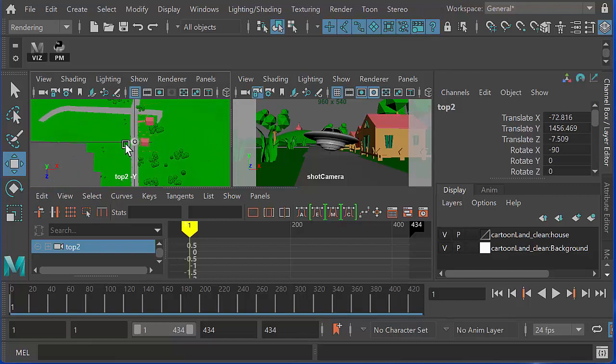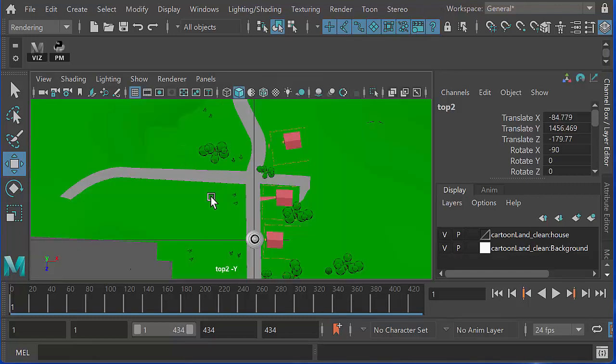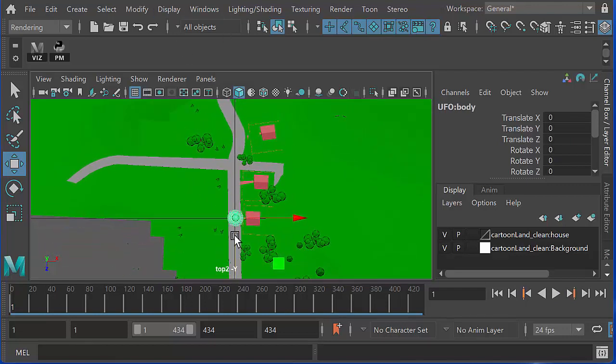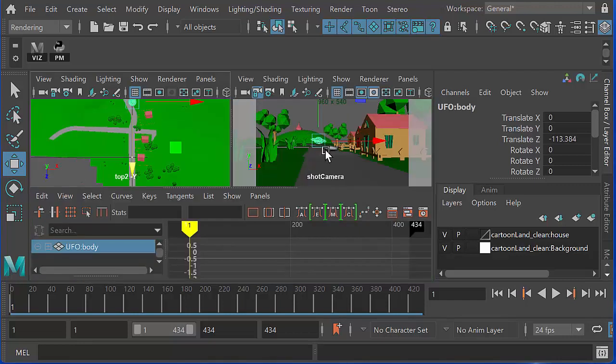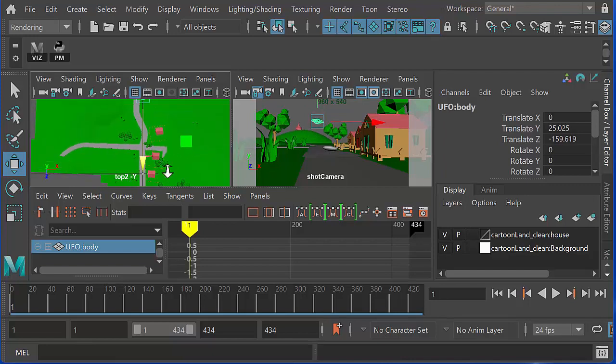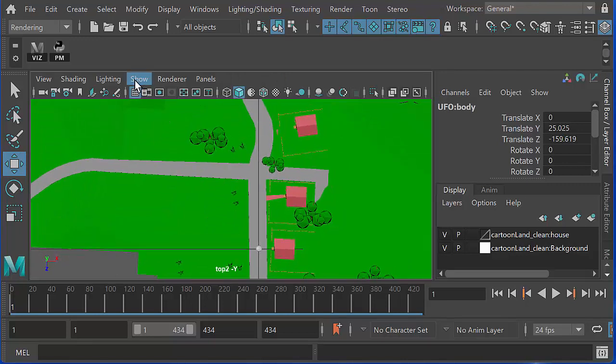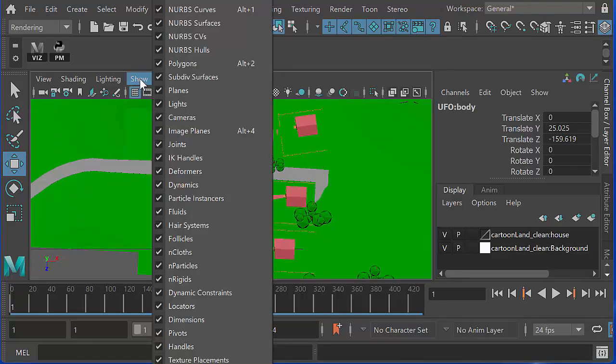And so I've got to create essentially a series of, let's say, if I select the UFO and move it back in space, there we go, so something like there. So we want it to come down the street towards us, and there's our house there. So what we want to do is make sure that in this view I've actually got everything turned on for now, but we definitely want NURBS curves and NURBS CVs and NURBS surfaces turned on,